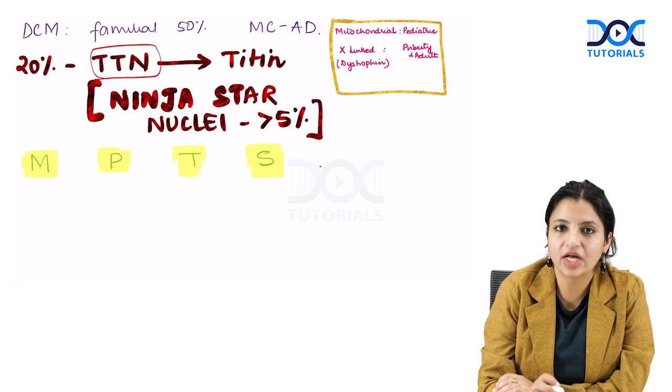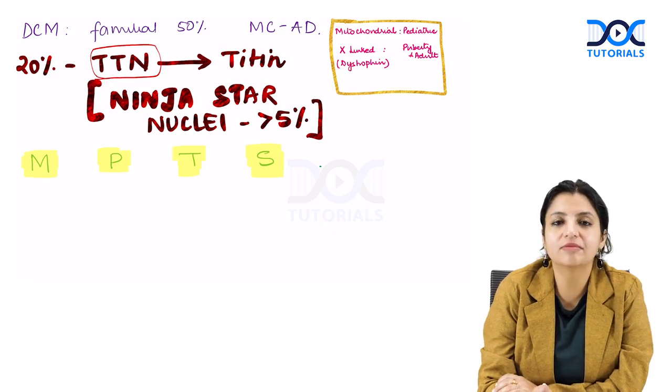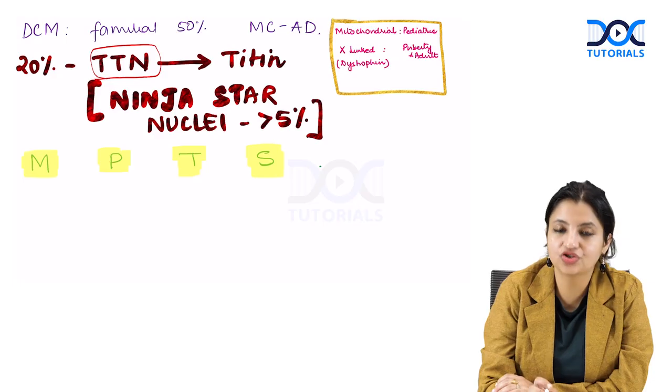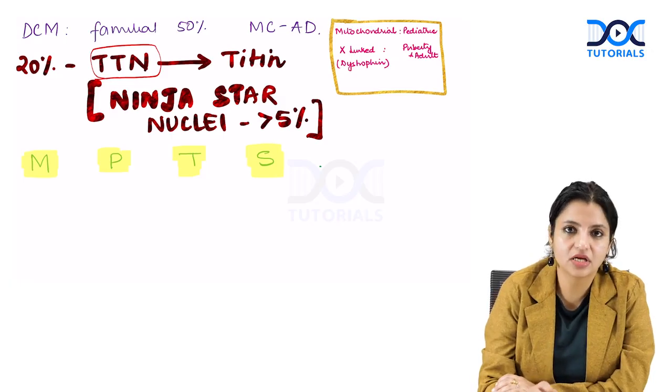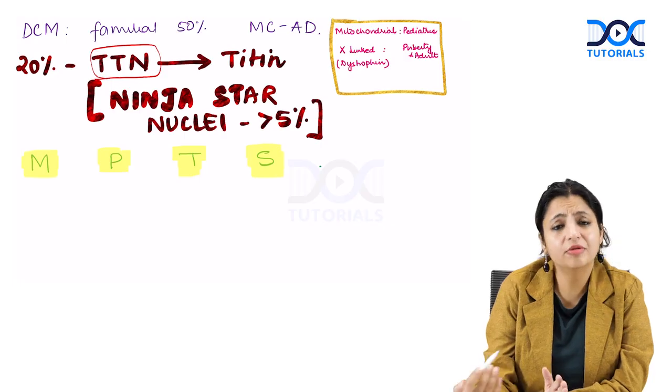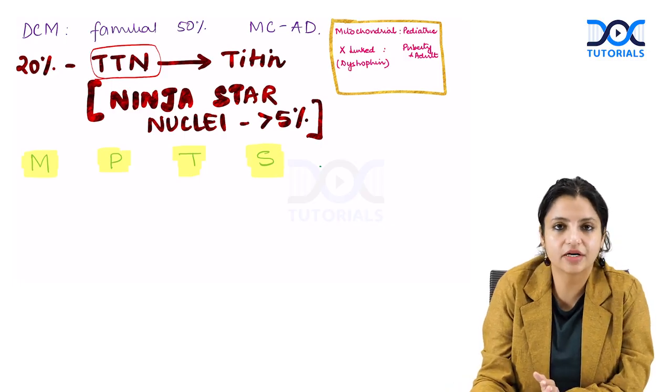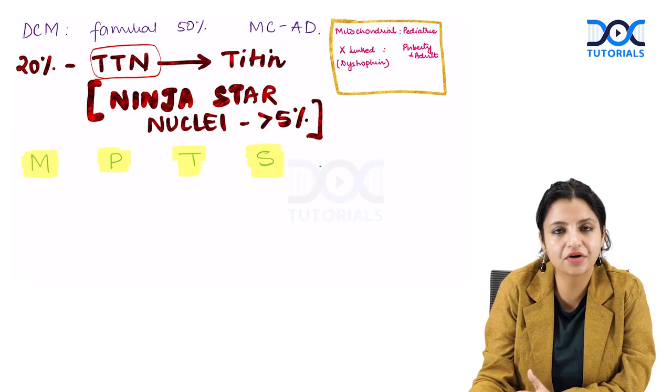So whenever we have titin mutation, usually the nucleus becomes haphazardly oriented, which is called ninja star nucleus, but it should be present in at least more than 5% of cells to call it as a ninja star mutation. Okay. Apart from that, remember, there can be other inheritances also of dilated cardiomyopathy, like mitochondrial inheritance can be there,